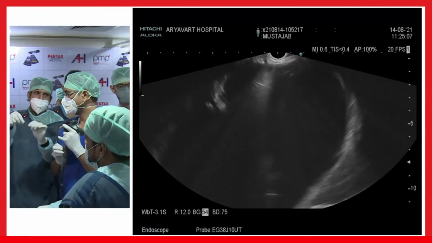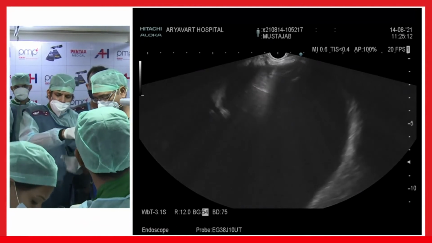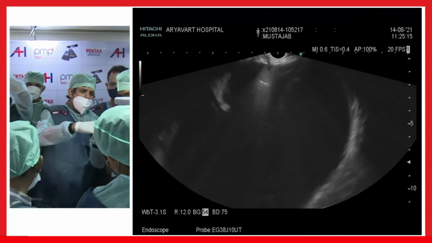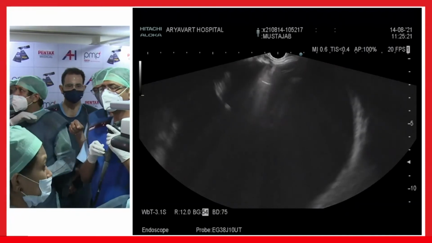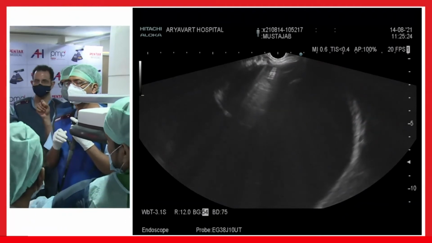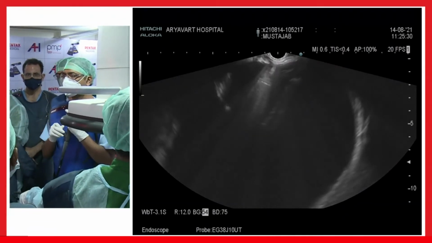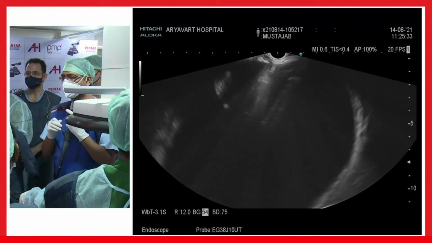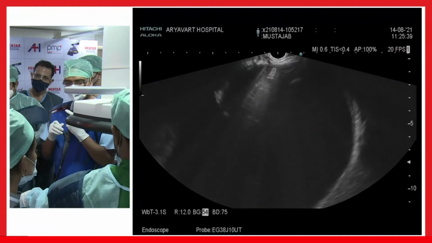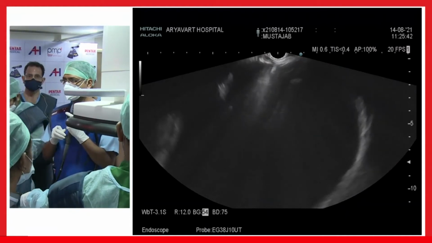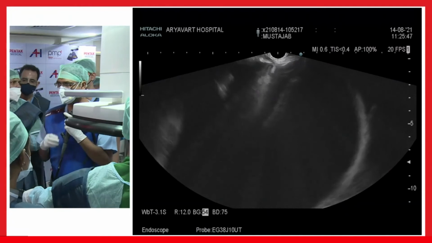Okay, cystotome, 6 French. So you should also take care that while putting in a cystotome, first put the lid of the instrument channel over the cystotome and pass it, so there will be no air leak. If you forget, then you have to redo it again. So you can see the wire in the US image.